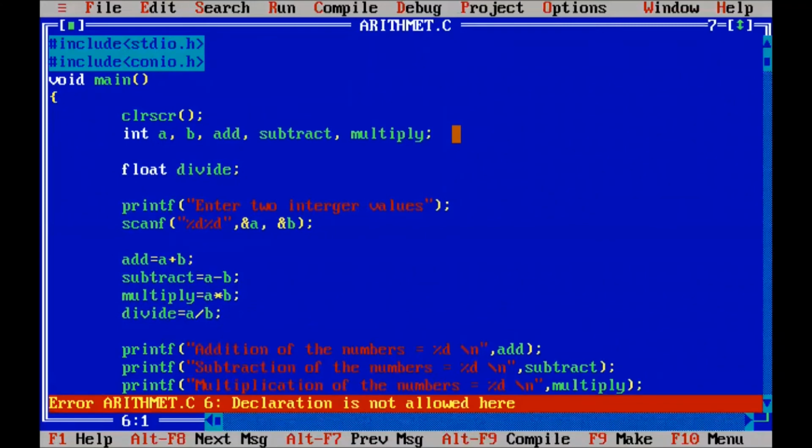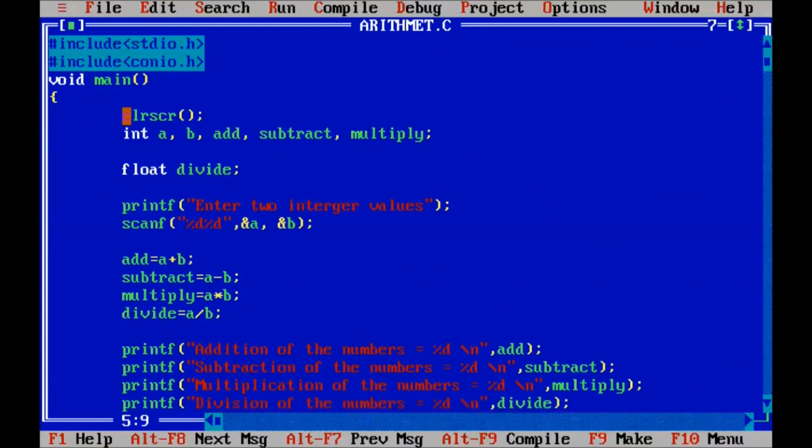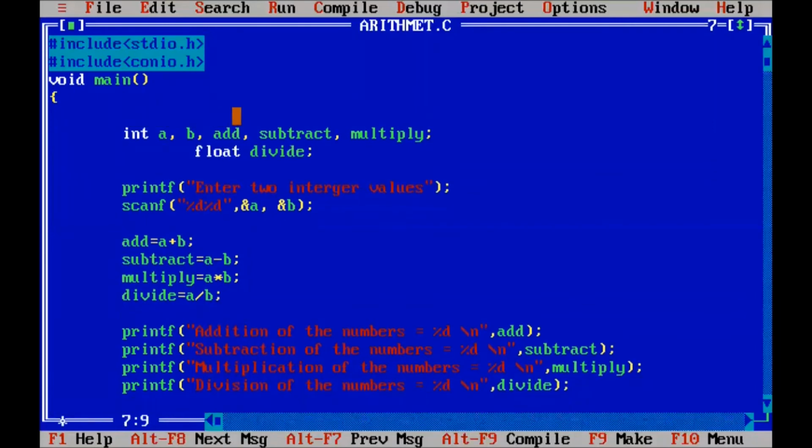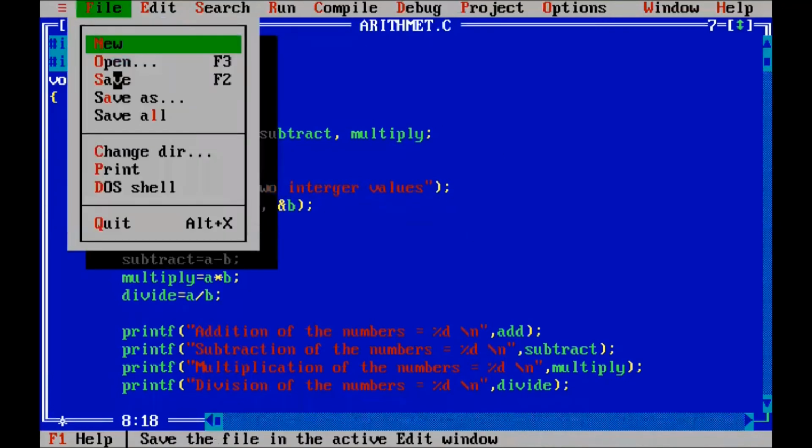Declaration is not allowed here. What is the problem? We should not use it there, so we declare clrscr here. Okay, we save again and then compile.